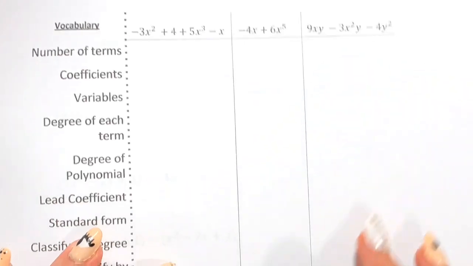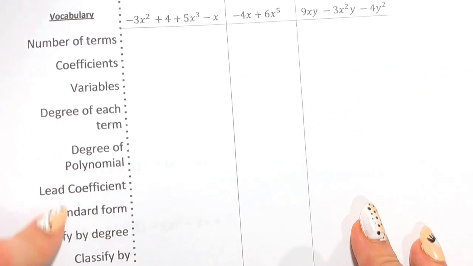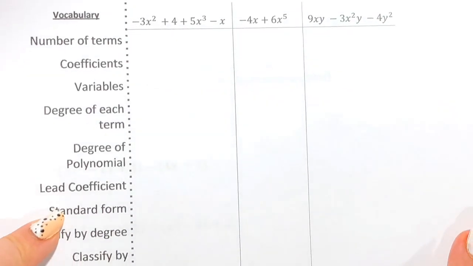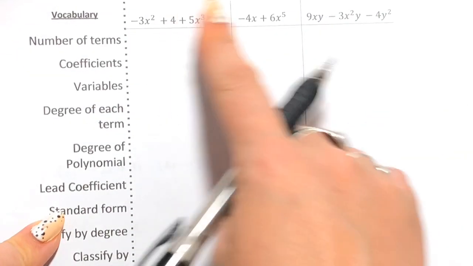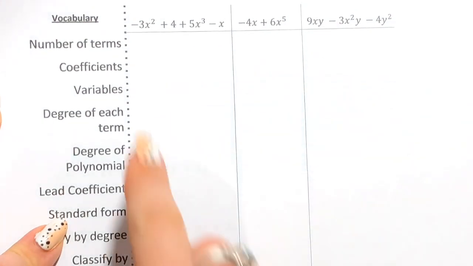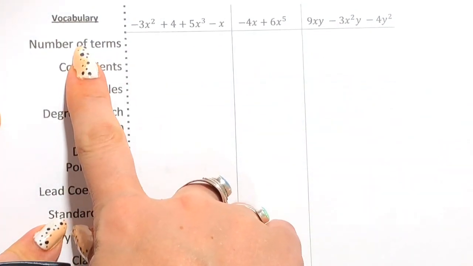So I have this little table here with the vocabulary words on the side and some different polynomials along the top, and we're just going to go through each word and apply it to each polynomial so we get practice as we learn the definition. So terms are going to be